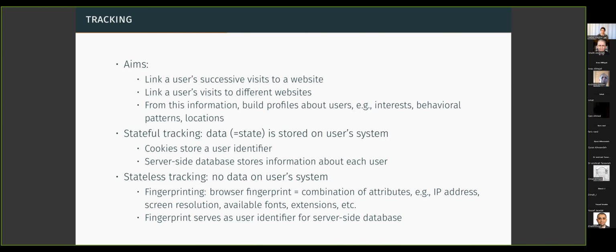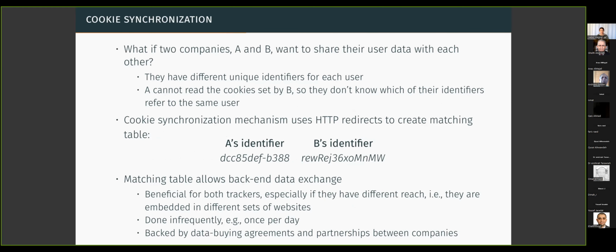So this is tracking. Now, as I introduced it, it's very much focused on a single company. But the selection of websites that a single company offers is quite limited, usually, right? It would be much more interesting for the companies to know what users do on the websites that other companies run. But the problem is